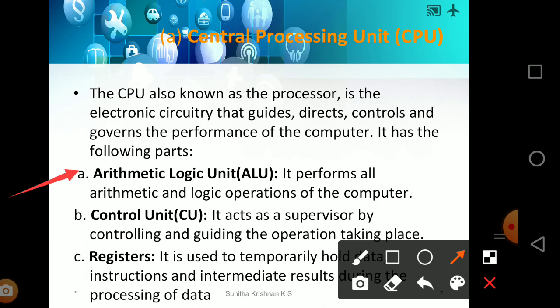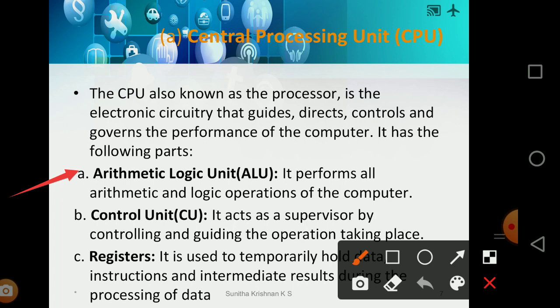So what do you mean by the arithmetic and logic unit? The arithmetic logic unit is a part in the central processing unit which is responsible for doing the arithmetic operations, or all types of calculations, and the logical operations. What do you mean by logical operations? Any operation which gives you the result yes or no, true or false, 0 or 1 is known as a logical operation. For example, you can ask, 3 greater than 5. What will be the answer? No. So such types of logical operations also happen inside the arithmetic and logic unit.